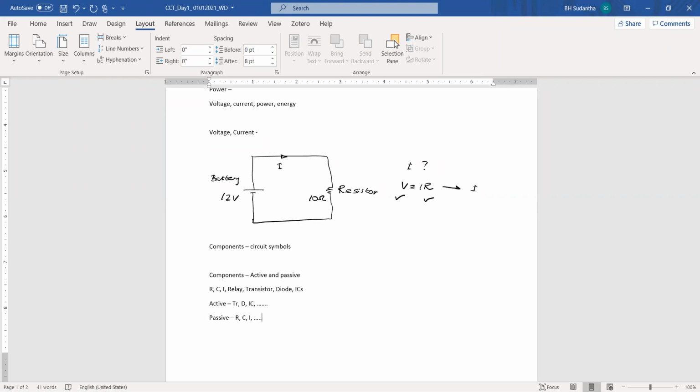Okay. Then assume that you have a 100 ohm resistor. Then you are soldering that resistor into a circuit. And after that, you can lift out one leg and measure the resistance again. That resistance is there. Even after putting that resistor inside the circuit, it has its own resistance value. Whether it's outside the circuit or inside the circuit, it doesn't matter. The component has its own resistance value.